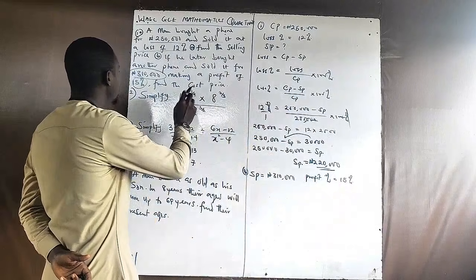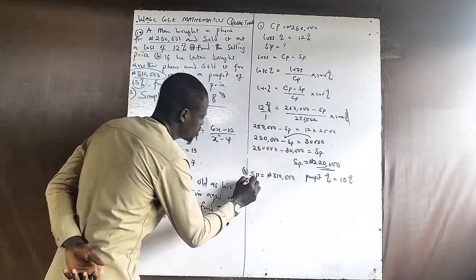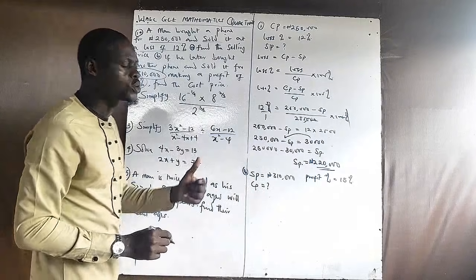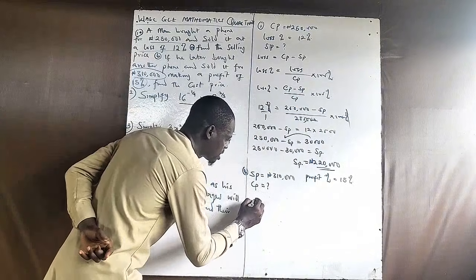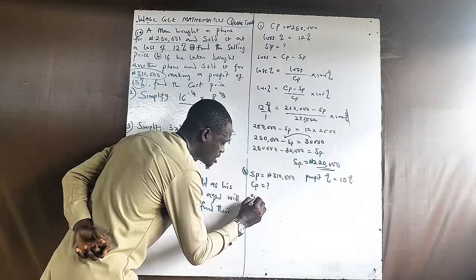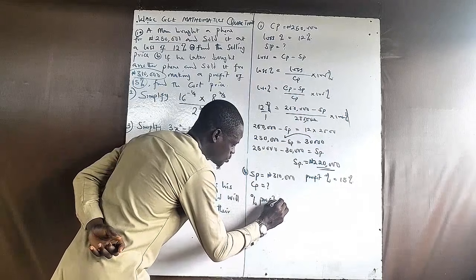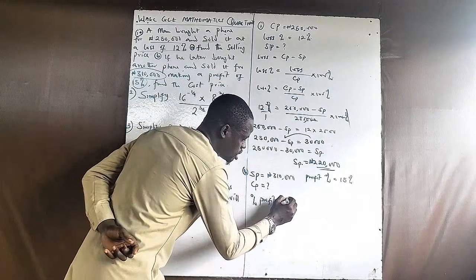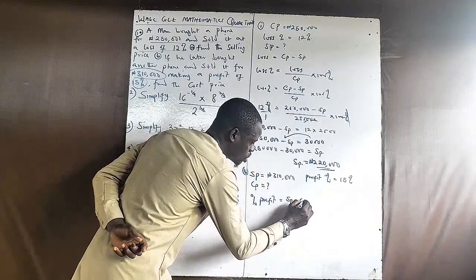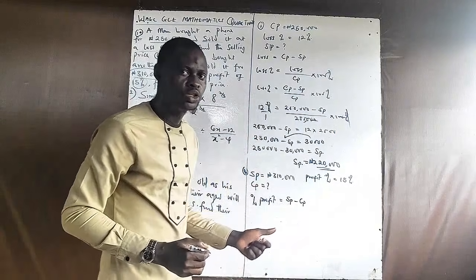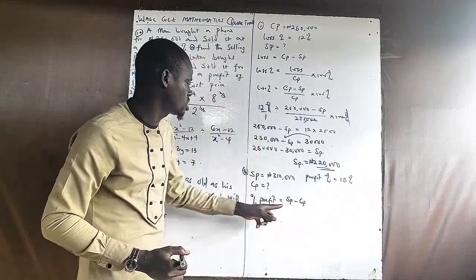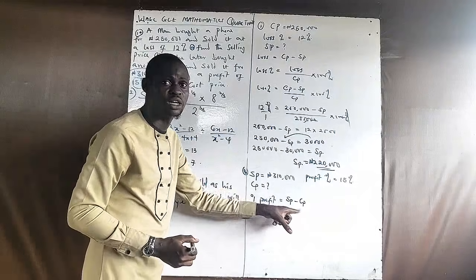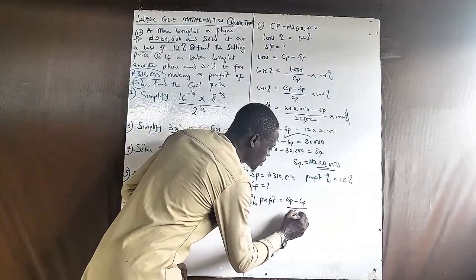Now they said making a profit percent of this, find the cost price. We have to find the CP. We don't know. How do we find the cost price? Now profit percent, or let me say percentage profit, is equal to the profit made, and the profit is always selling price minus cost price. Why? Because when you make a profit in a business, your selling price is greater than your cost price, so the profit percent is selling price minus cost price over the actual price, which is the cost price,